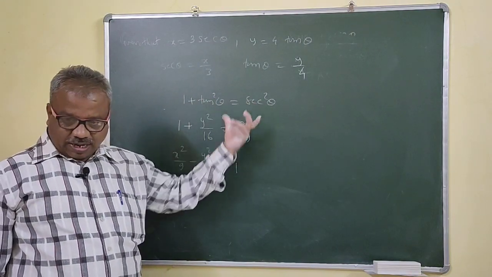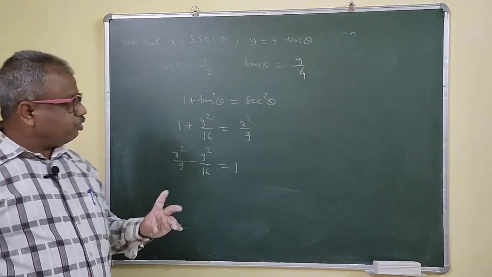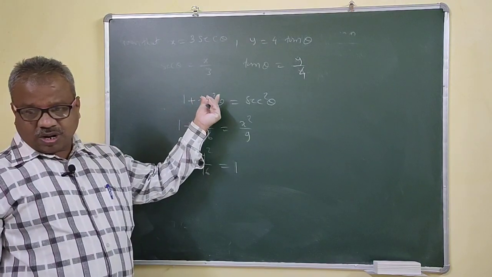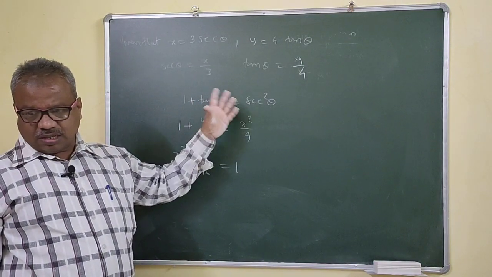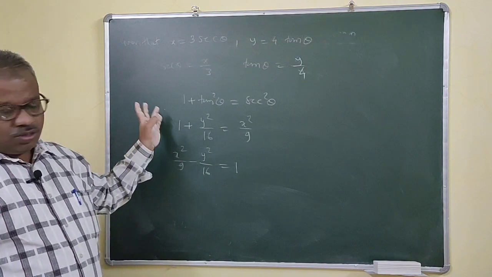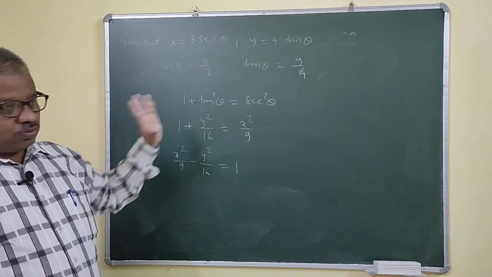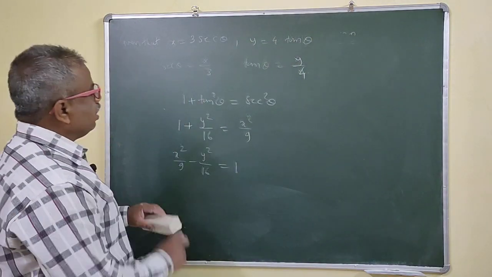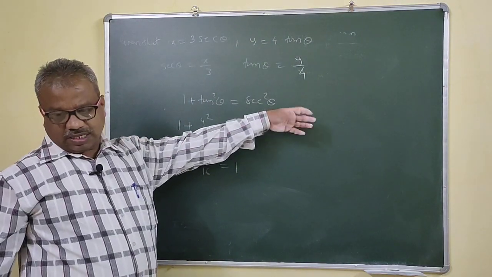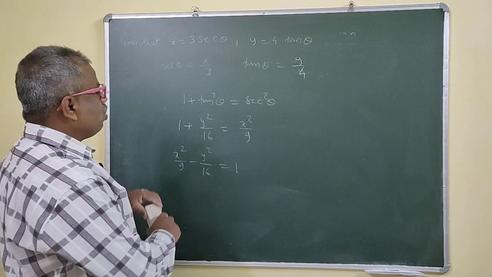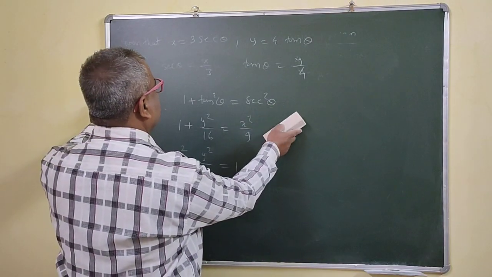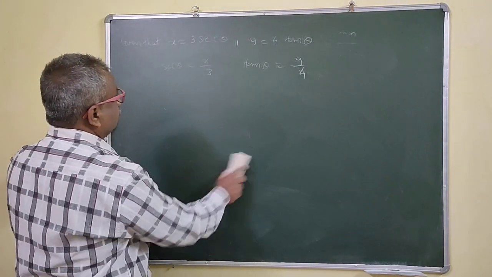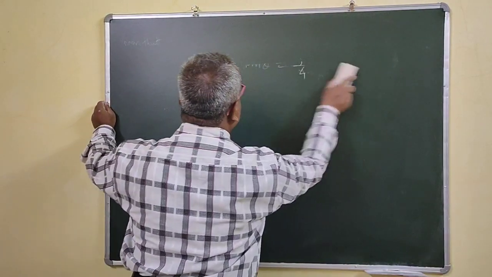If you are able to write that one, then write that one. Otherwise there may be chances of mistakes, like writing tan square theta minus sec square theta is equal to 1. To avoid that, just write your first fundamental identity as it is. Then you can write sec square theta minus tan square theta is equal to 1. Next, eliminate theta from